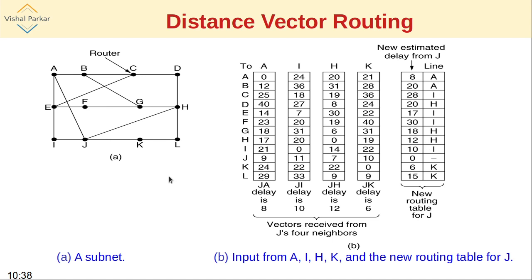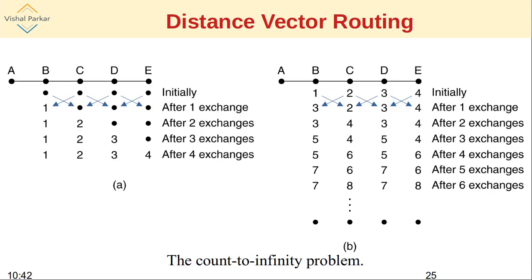So this is what is called distance vector routing, and it appears to be a good routing algorithm until we know there are one or two problems the distance vector routing may be having. These are called the count to infinity problem. So in short, whenever a router goes down and whenever a router comes up, there may be some problems or there may be some delay in knowing that change.